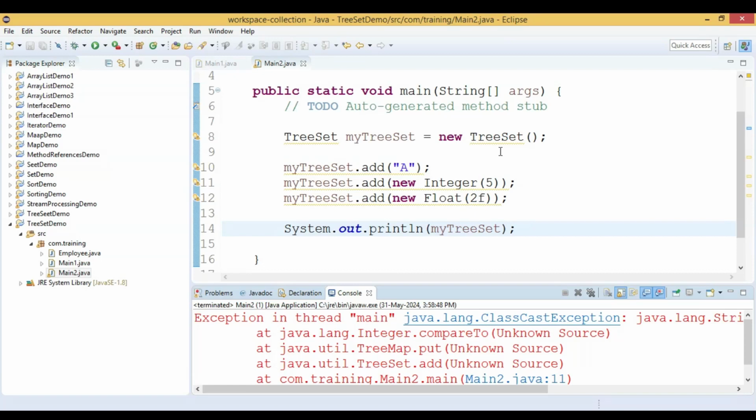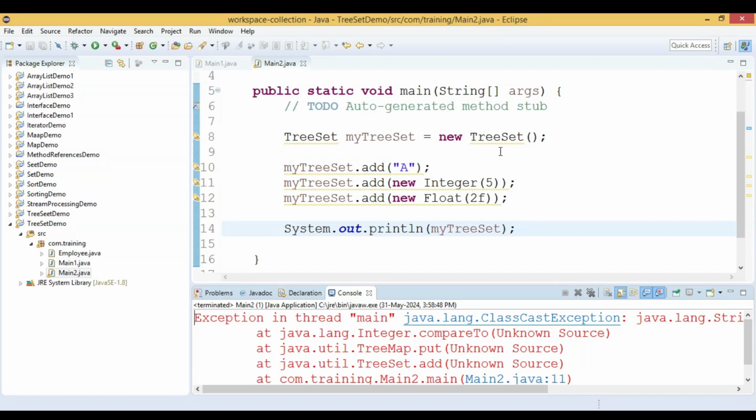If the objects we store are not comparable, then we will get this exception. Since we are going to store an Integer object but a String object is already present, the Integer object's compareTo method is called and the String object is passed to it. Since the String object is not comparable with the Integer object,